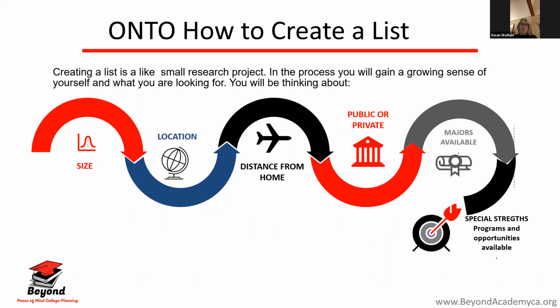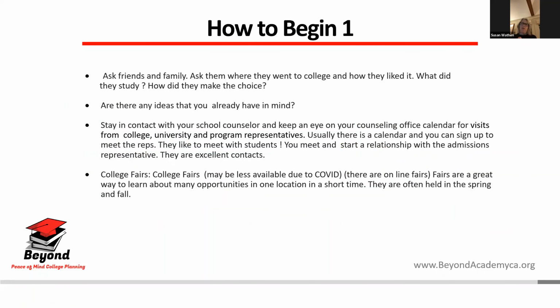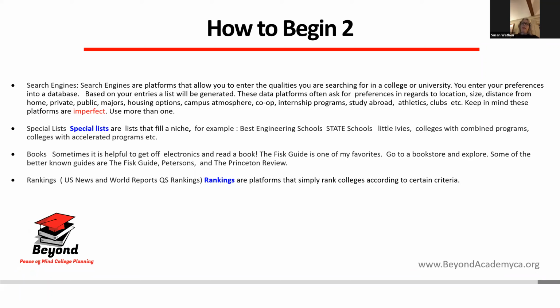Then what you can do is stay in touch with your school guidance office, ask your counselors, try to go to the college fairs that schools provide for you. And also there are things called search engines. I don't know if you're familiar with them, but the College Board has one, the Princeton Review has one, and you go into these databases and you put in categories that you're interested in, like how big do you